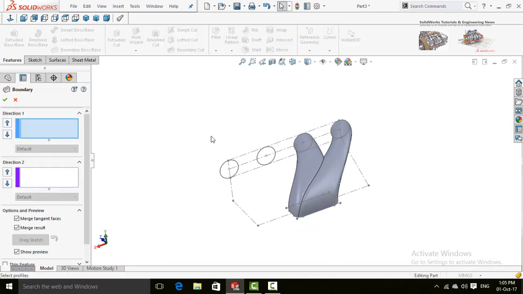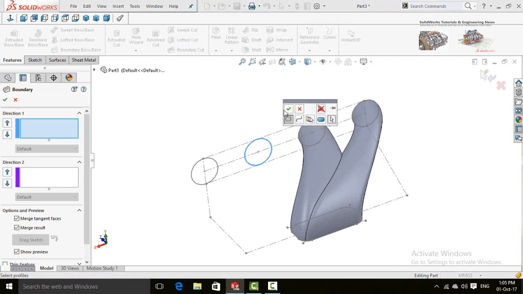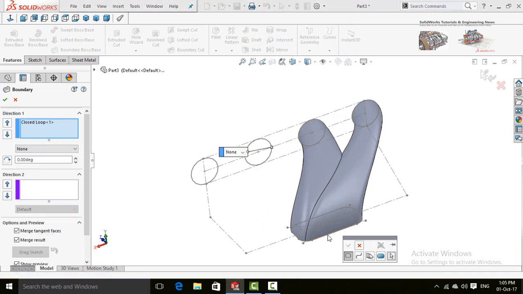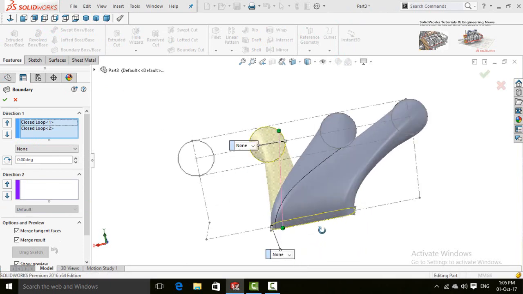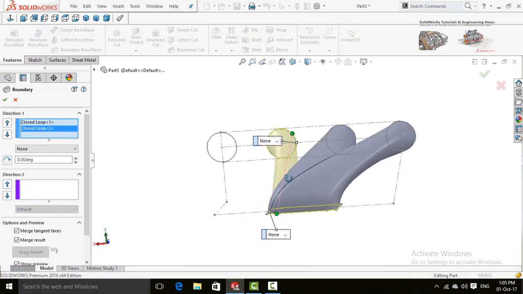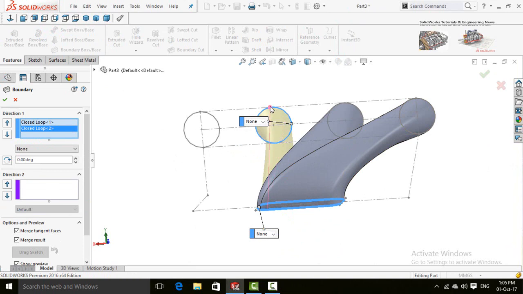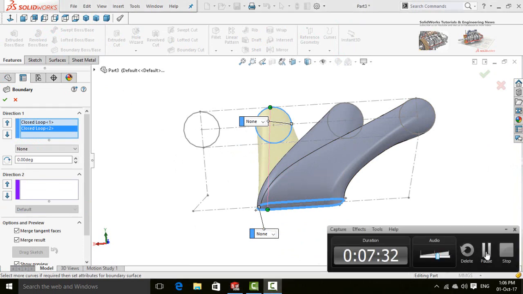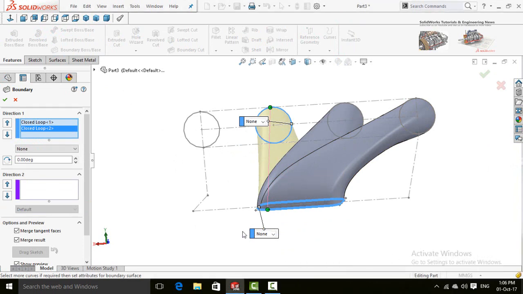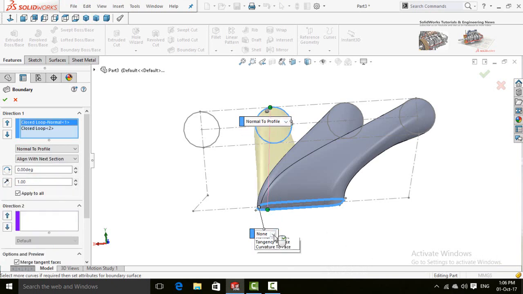Again boundary boss base command, select this circle, then this center point arc, rearrange these points. Normal to profile and normal to profile.